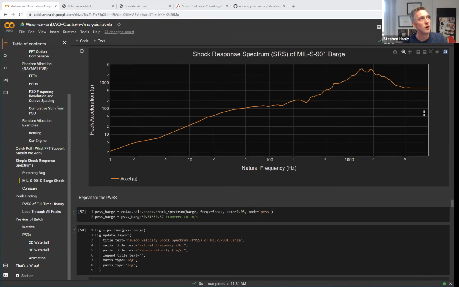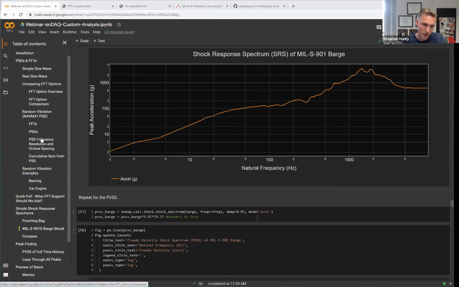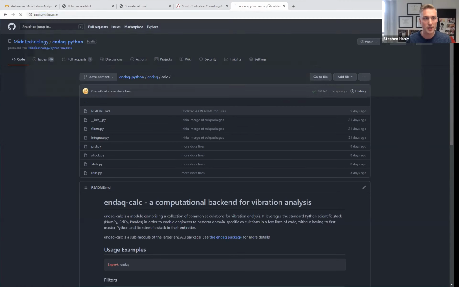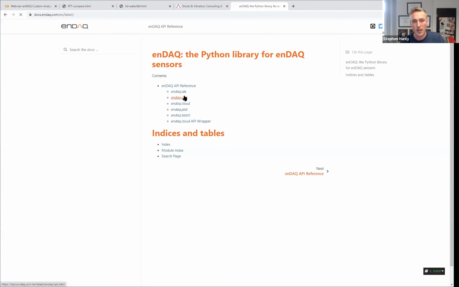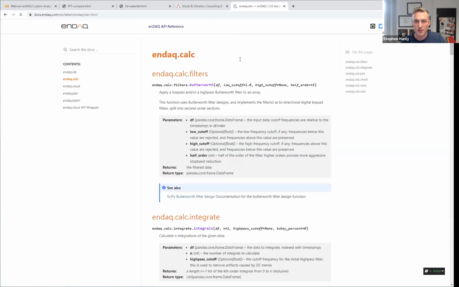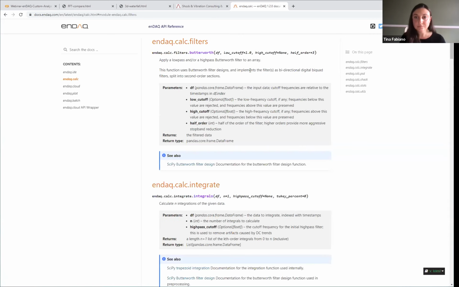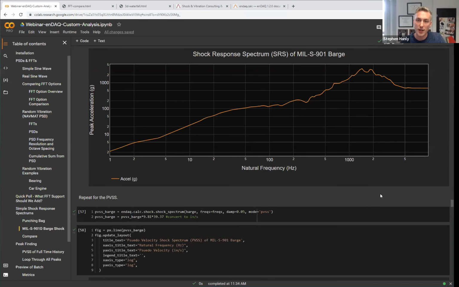Well, the first thing you can do is just apply a digital filter, and I showed an example of that. If you go to docs.enDAQ.com, that's where we have some digital filters, so you can remove frequency content below or above a certain cutoff frequency. If you want to remove a specific event,